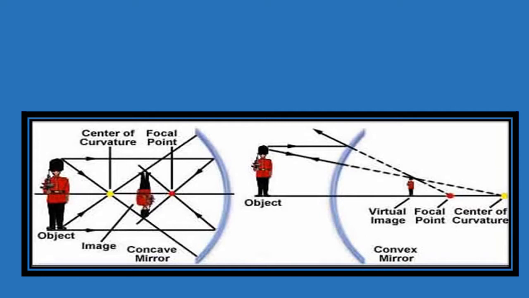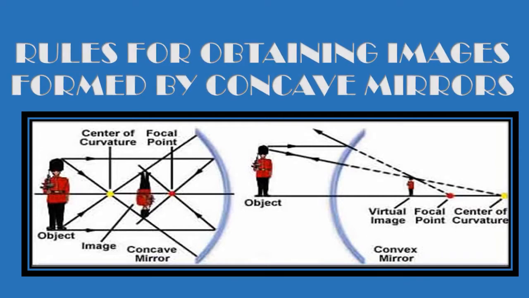Before going into the image formation, we have to understand that when an object is placed in front of a mirror or a concave mirror, an image is formed. And the image is formed at that point where at least two reflected rays intersect or appear to intersect. To find out the position of the image formed by a concave mirror, we use only those two rays of light whose paths after reflection from the mirror are known to us and easy to draw.